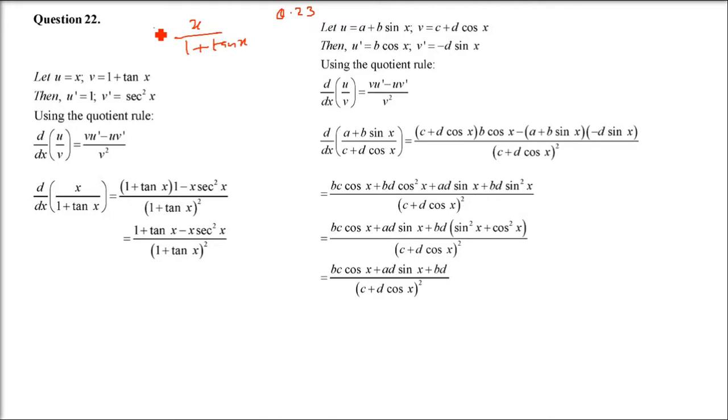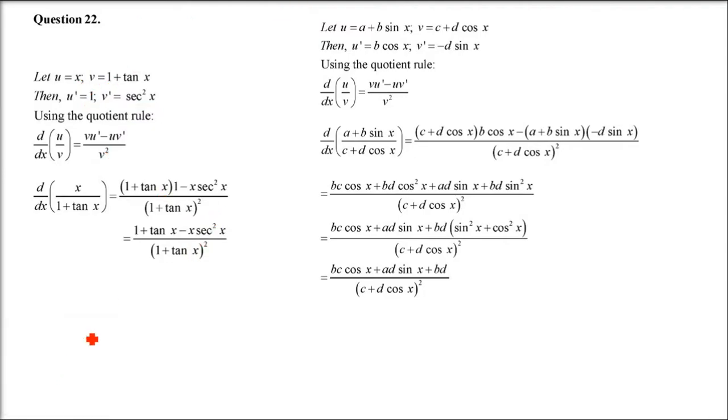Okay, now let us take u as x and v as 1 plus 10x. U dash will be differentiation of x, that will be 1. V dash will be, 1 will be 0, 10x is sec square x. So what do you get? Sec square x. So you have to multiply 1 with 1 plus 10x and sec square x with x. Now you will apply the quotient rule. V square will always be 1 plus 10x whole square. 1 plus 10x minus x sec square x by 1 plus 10x whole square. This will be your final answer.